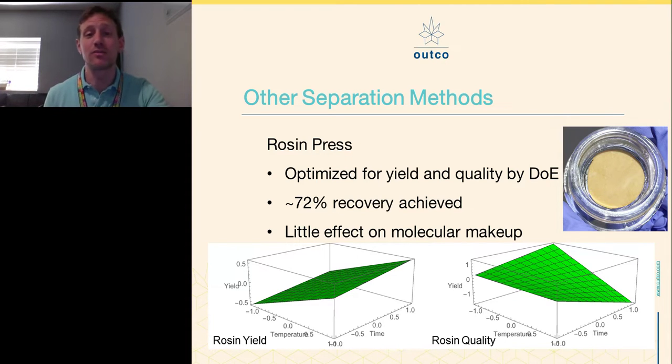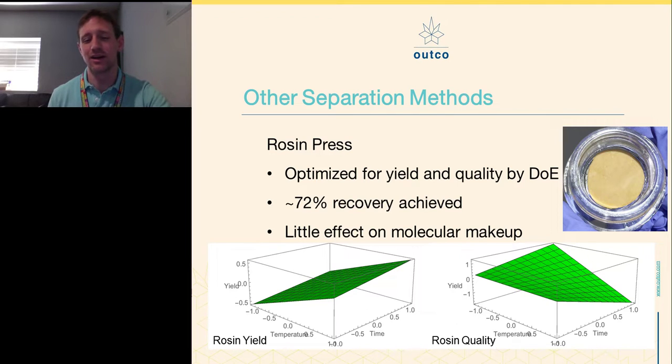Okay, so other extraction methods. I made the mistake myself. It's a separation method if we think about rosin. And if we look at the recovery, that was the number that really struck me: we are getting 72% recovery. And I told you 80% is what we go for in CO2. So this is a really high number and efficient process. And again, I like my math. So we used the same process of optimization for the rosin, and we found some interesting or annoying results: yield and quality